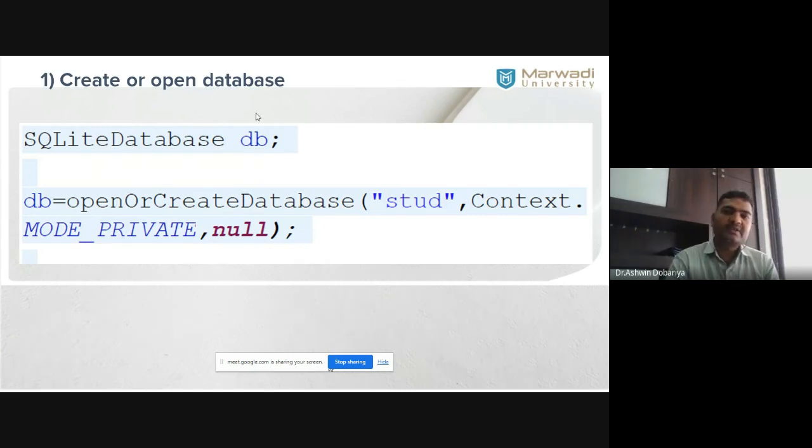So first we require one object, and through this DB object we can access certain methods, and those methods will help us insert a record, update a record, and delete. It means performing all database operations. So a very important class is SQLiteDatabase. And here the first thing is the database object we have created, DB. Now, see friends, if we see the entire flow,